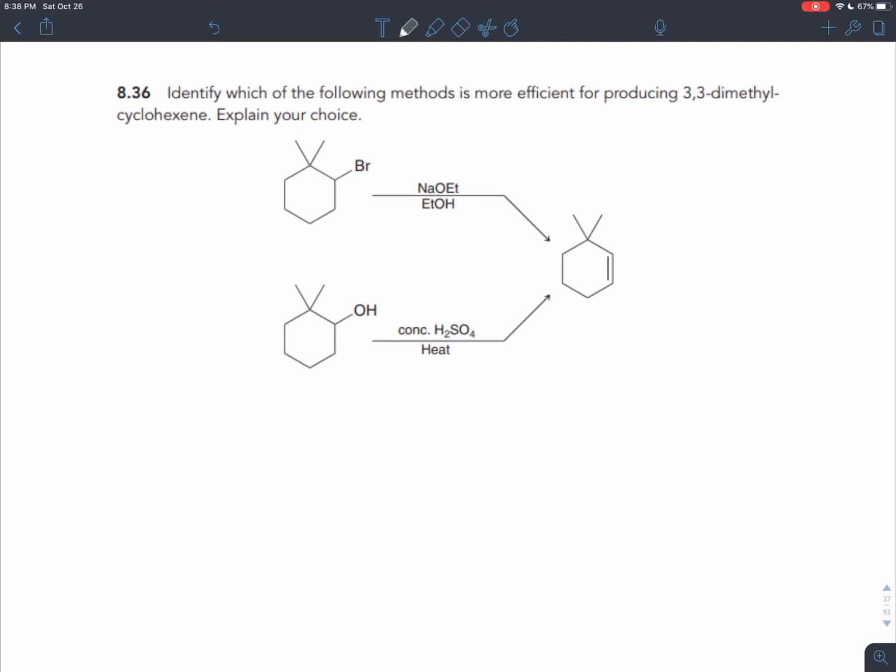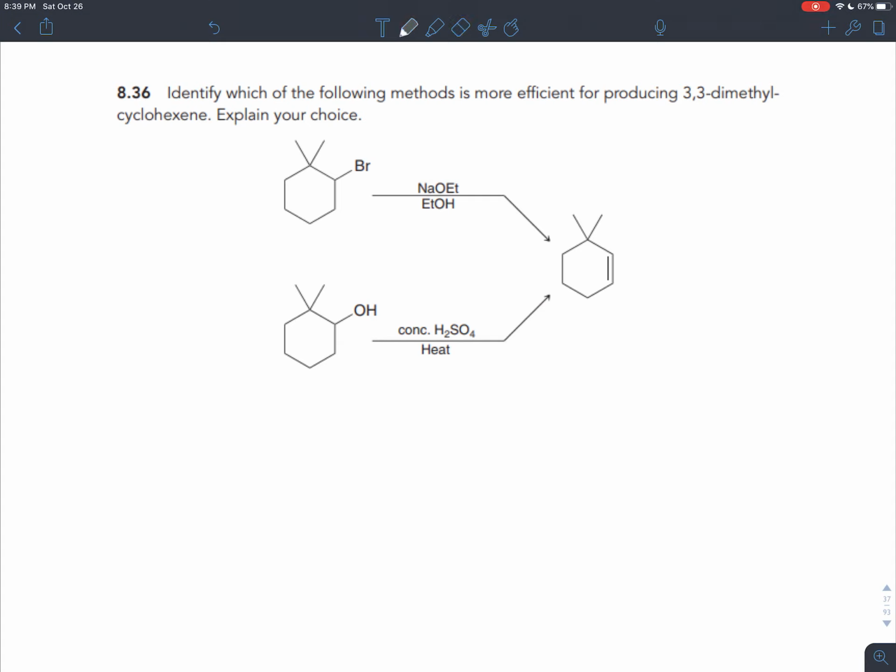Exercise 836 is trying to get you to use your knowledge of E1 and E2 reactions to think creatively about how you can make this molecule here. Imagine that that molecule is a medication that would save somebody's life, or a very valuable molecule that would be very expensive for someone to buy,